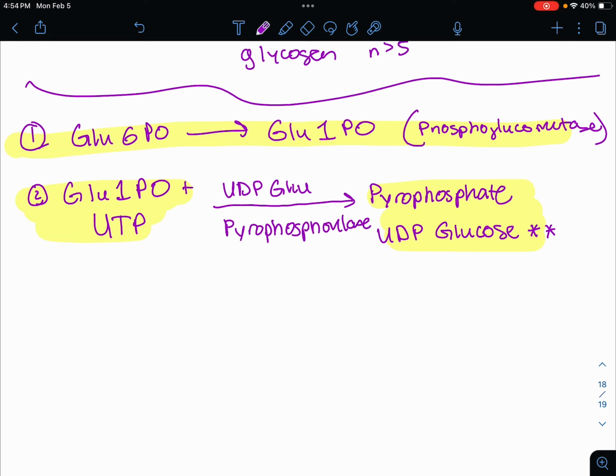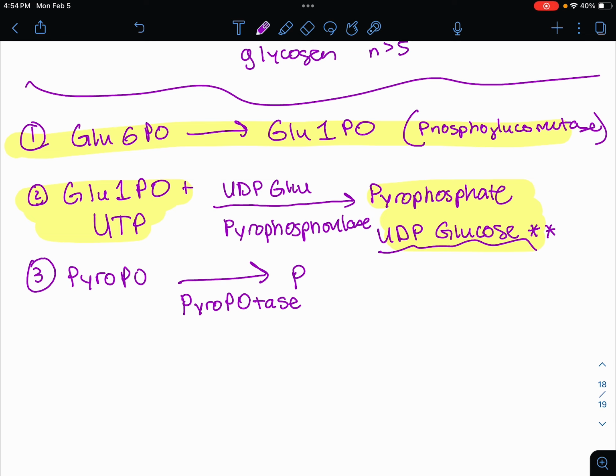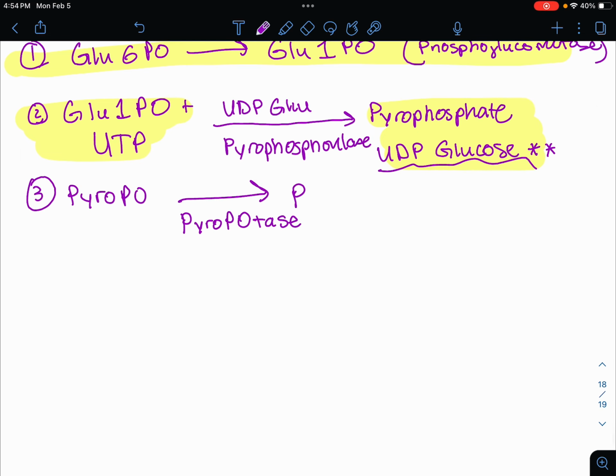We do have a third step here where we're going to take our pyrophosphate and break it down into just inorganic phosphate. The enzyme here is pyrophosphatase. However, we do already have our UDP glucose, so we don't really have to worry about that. Okay, now with our UDP glucose, we go and